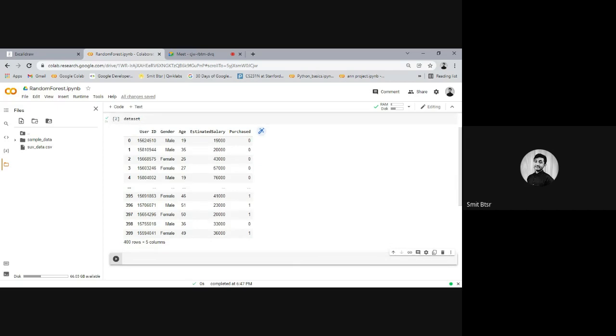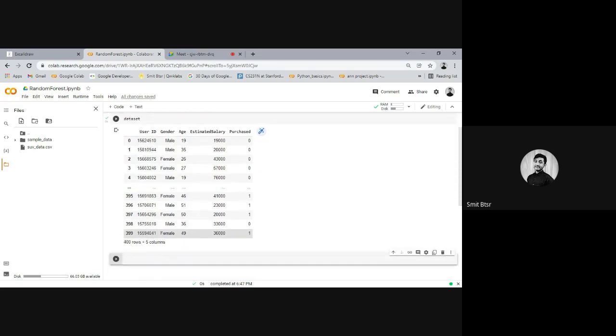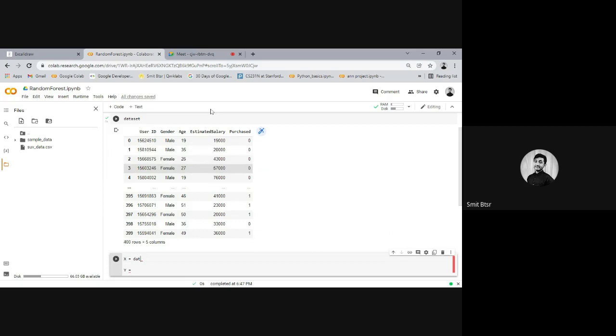Okay, so we have this dataset ready, and now we will first assign the x and y values. What are x and y? They are the independent and dependent variables, or we can say the target column and all other columns. In x we have the independent columns, but which columns should we consider?